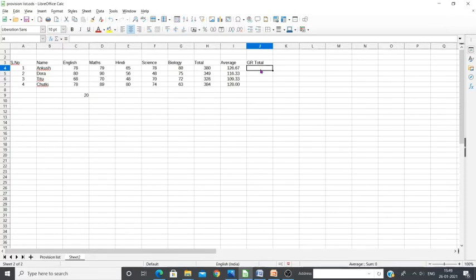So how to use it? Is equal to this particular cell, plus, then the cell where I have the value, C9. So C, then dollar, that is C$9. I have placed the dollar symbol before the row number. Got it? All right. So what happens? Let's see. It is not average, it is H4.